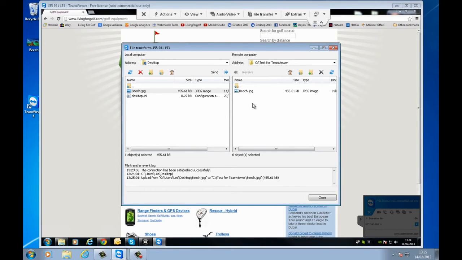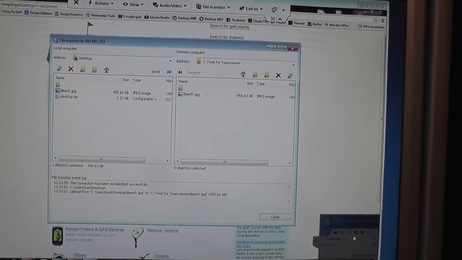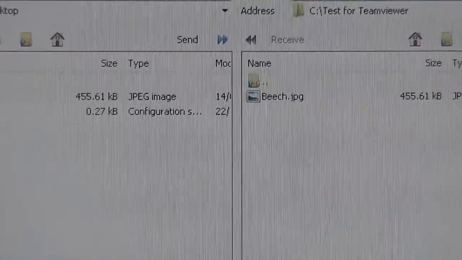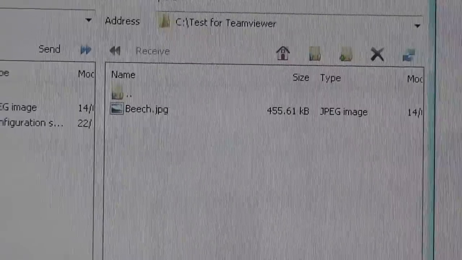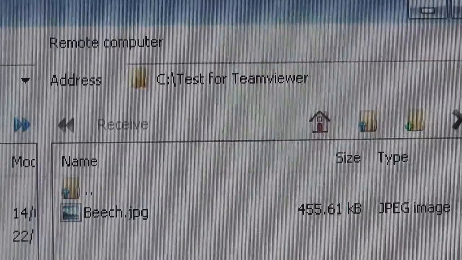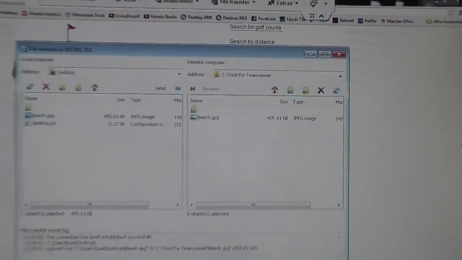So I'm just going to flick back to the camcorder just to show you it on the other machine. So this is the machine where we've just done the file transfer. As you can see, that's where we left off. My local machine is where I had the file, and I transferred it across to Beach in a folder called C drive Test for TeamViewer on the other machine. So if we go across to the other machine now,